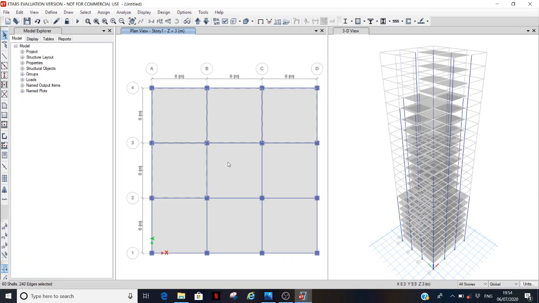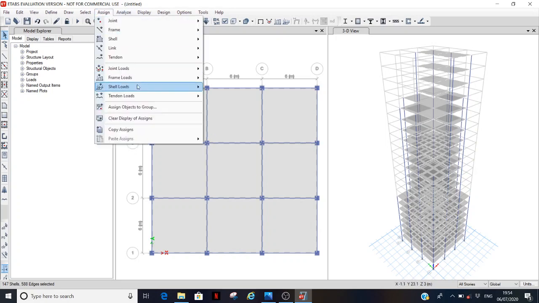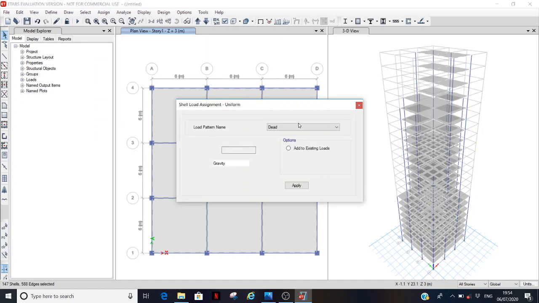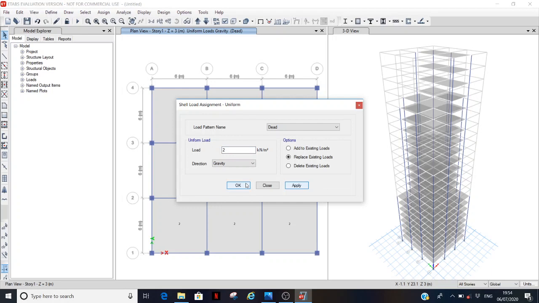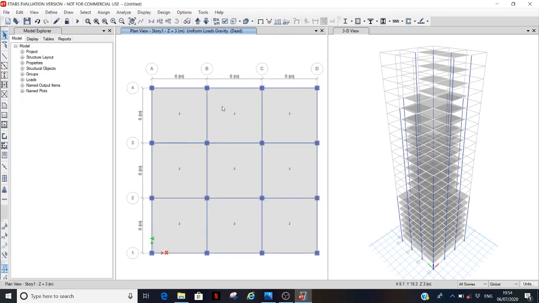So select the shells as shown. Go to assign menu, go to shell loads, go to uniform, select the load pattern name as dead, give the load value as 2 kN per meter square, click on apply, then OK. This dialog box will be closed. So the dead load for all the stories has been applied.